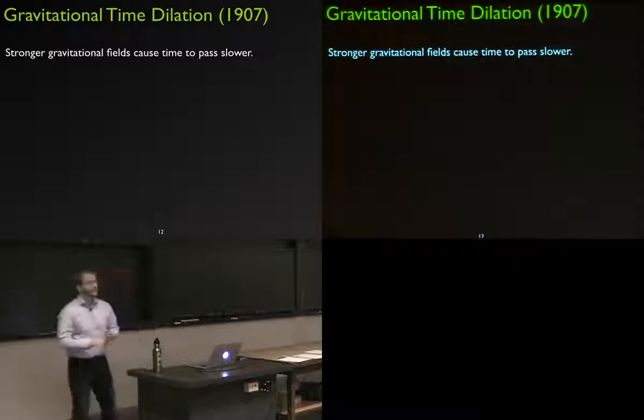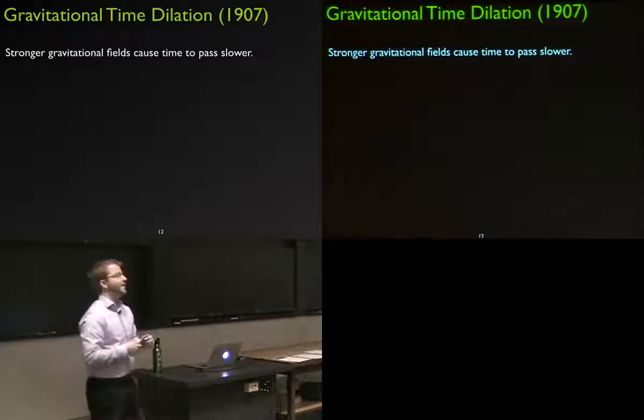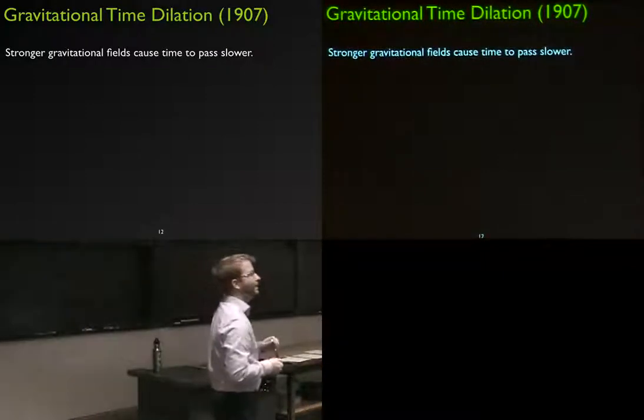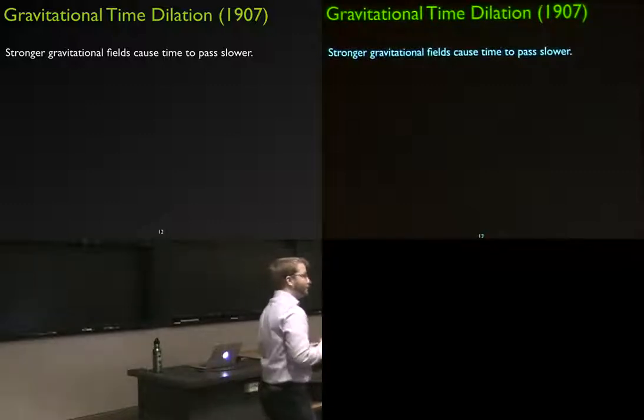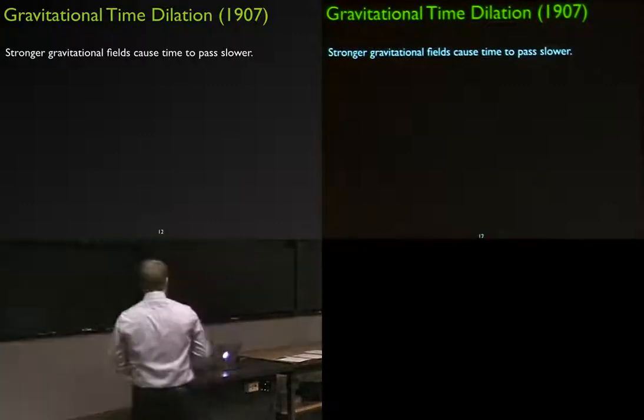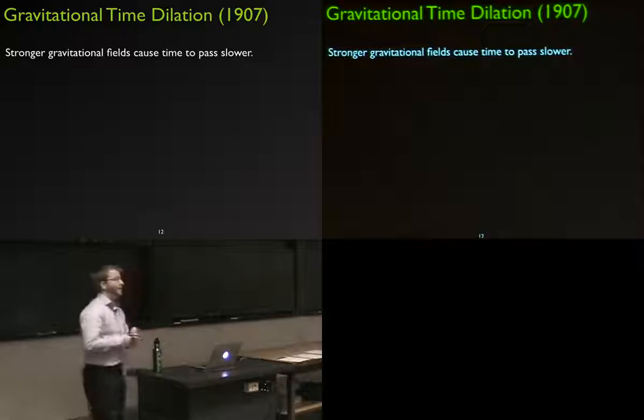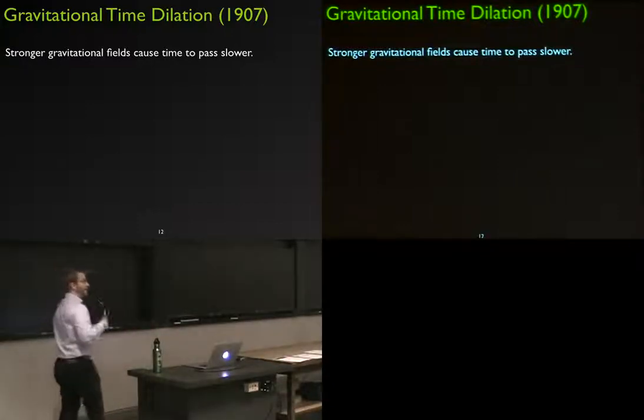Any questions so far? Yes? Weren't there some unsolved problems from Newtonian gravity, like the orbit of Mercury? Yes. Something that motivated Einstein, but didn't he resolve a few outstanding problems?